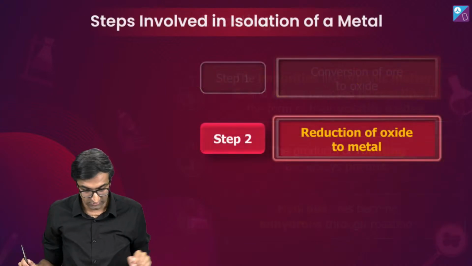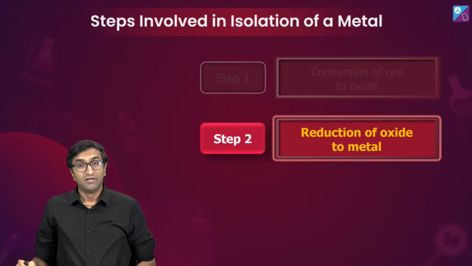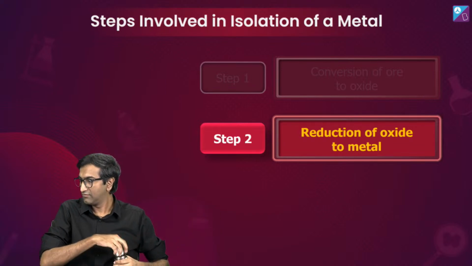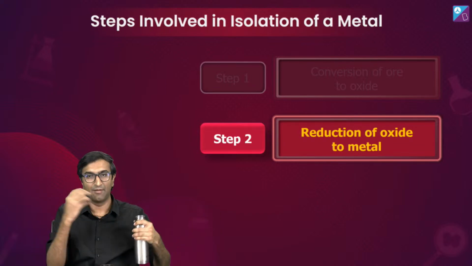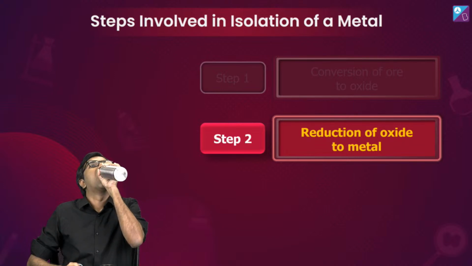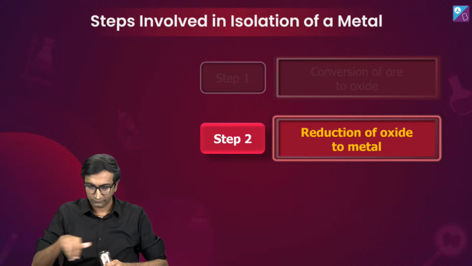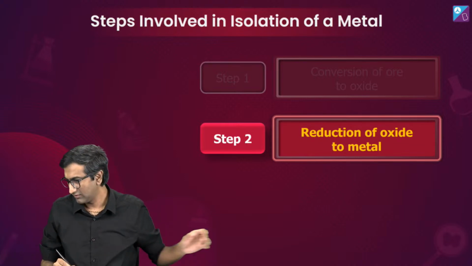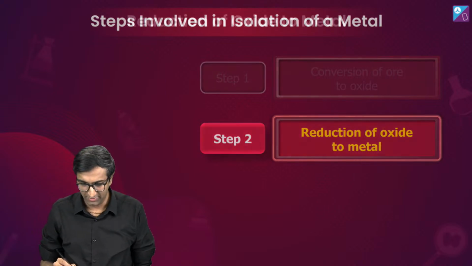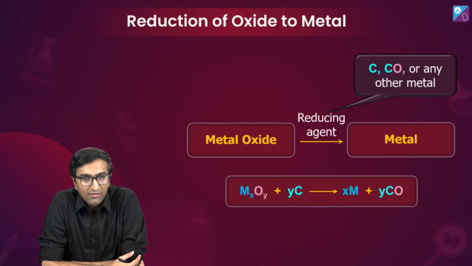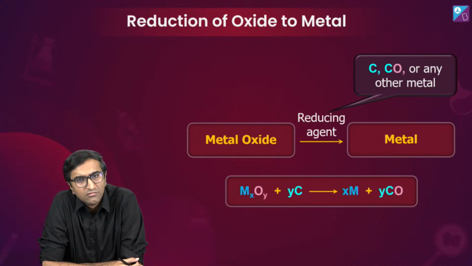Now the fun begins. Reduction of oxide to metal. How many of you already know about this? Anybody? If you use a reducing agent, okay, that's interesting. Palladium and hydrogen. That's interesting. Okay, sure. So what we are trying to do is,